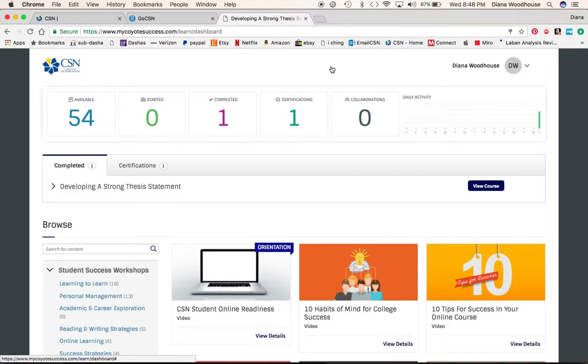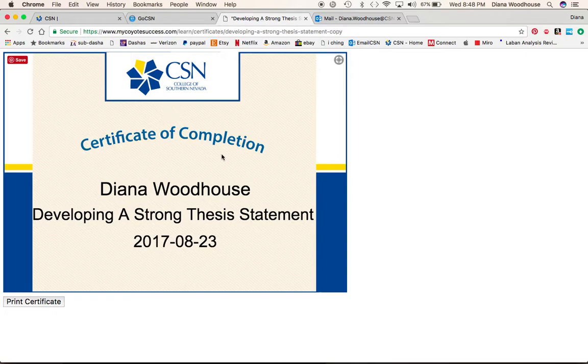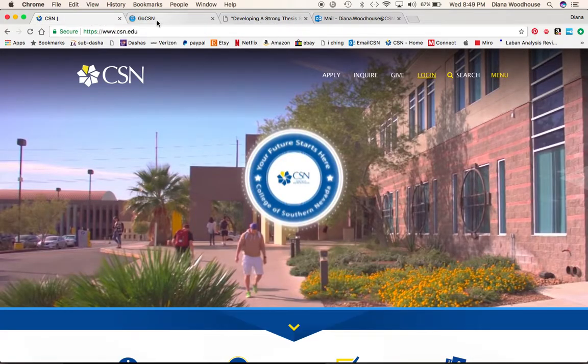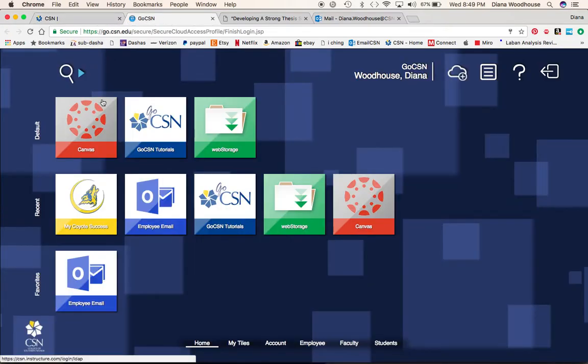And it should pop up this certificate right here. So it says Certificate of Completion, Diana Woodhouse, developing a strong thesis statement. And what you want to do is screenshot it on your computer. You can do that through your computer, or you can use your actual phone to take a picture of it. But what you need to have is a screenshot. Then what you need with that screenshot is log back into Canvas